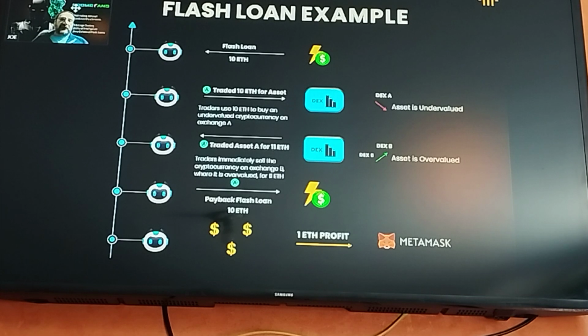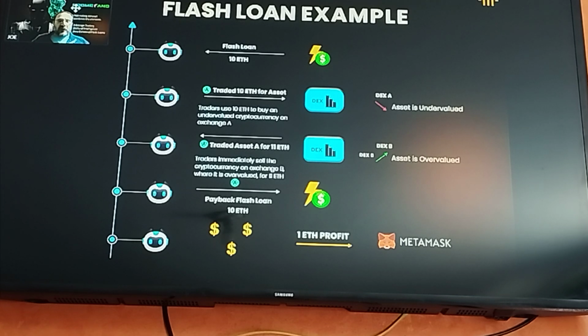So here's an example of a flash loan for you. Let's say you spotted an asset on a platform somewhere. You now generate a flash loan, and you borrow 10 Ethereum. You then go and buy that asset, and you move it to another platform. You then sell the asset for a profit. And let's say you sell it for 11 Ethereum, and that means you now have 1 Ethereum profit. On the finalization of this transaction, the artificial intelligence will repay the flash loan to the liquidity provider.